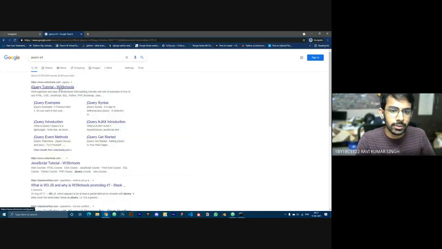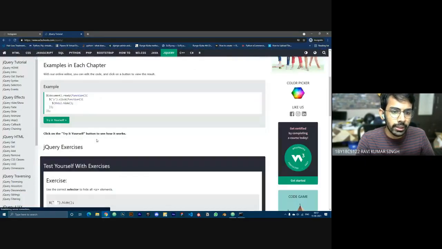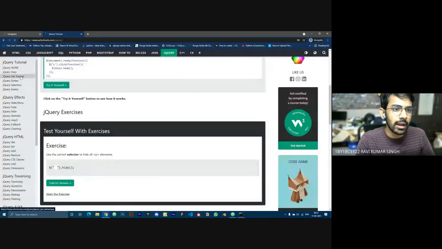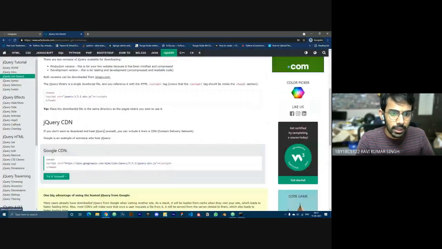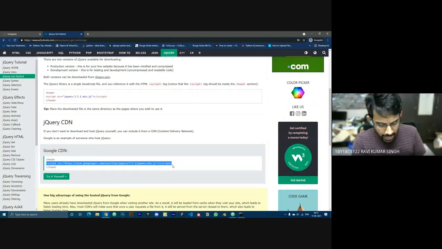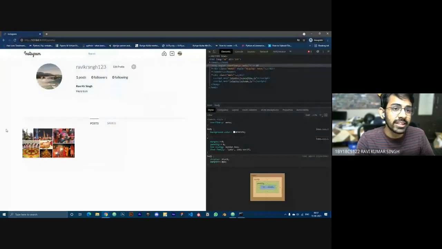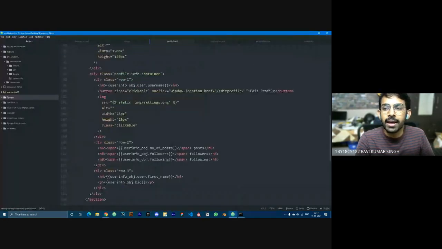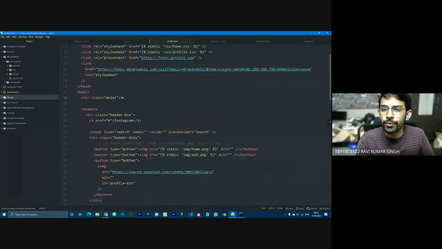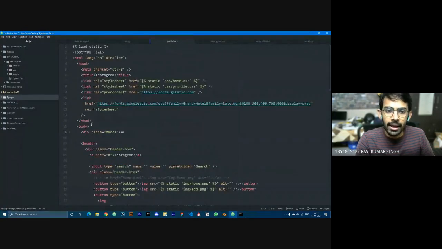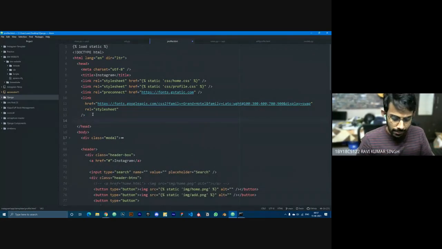You can just go to jQuery, then Get Started, and here you'll find the CDN, Google CDN. Just copy this and paste it in the head section, the head section of profile.html. In the head section of profile.html, I'll go here and paste it.